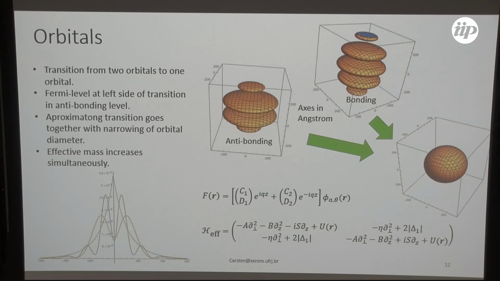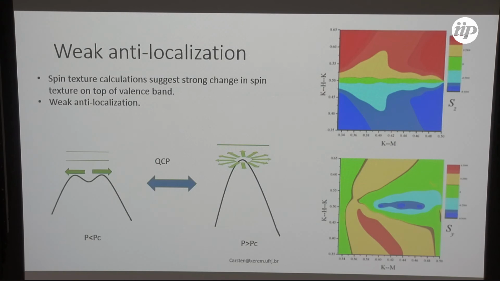At the same time, no one here can read these graphs. I needed a long time to understand them, and we didn't have time to make a nice picture for that. But we performed some DFT calculations on the spin texture, and we find that the spin texture actually changes. This is this famous spin texture that has been discussed a lot in the literature, and then it changes to this type of spin texture. And then you would also expect that we have a highly disordered metal from the vacancies, and then you would probably expect something like localization, and that should be visible in the